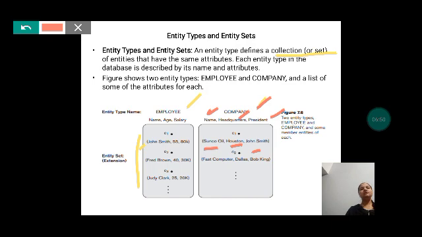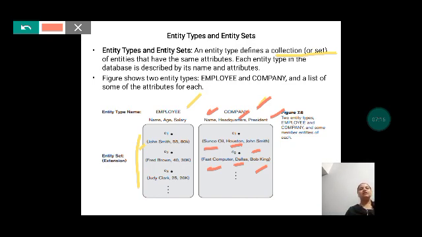Now suppose you see another entry, Fast Computer. One more entry, the company name here is Fast Computer, and then Dallas, that is the place where the headquarters is located. And then Bob King is the name of the president of that company.